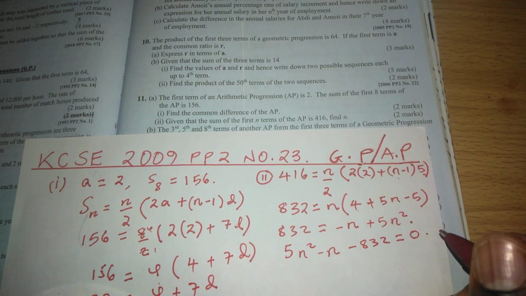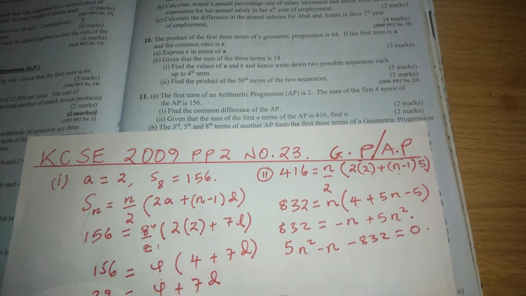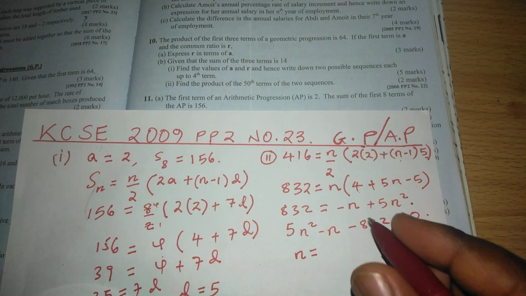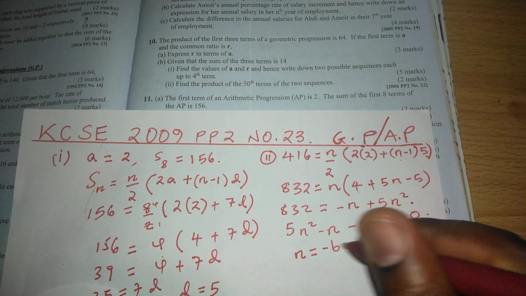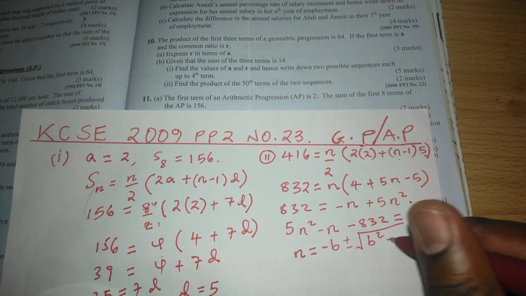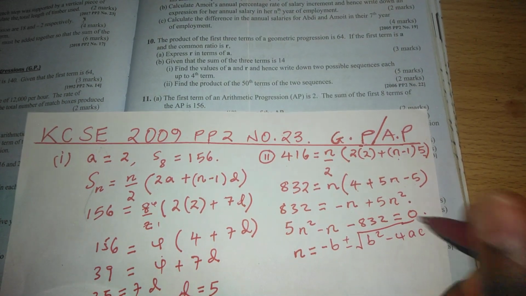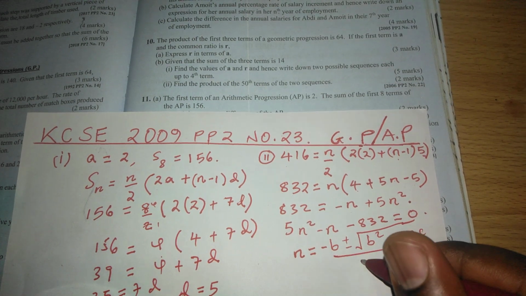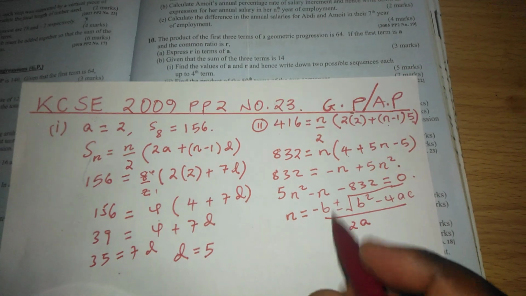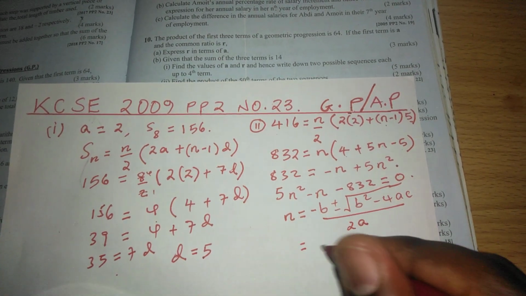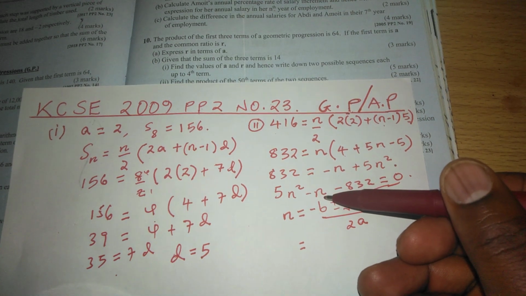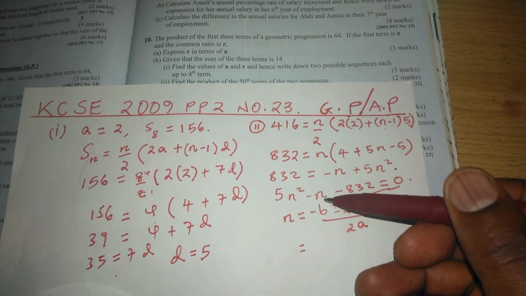These are quadratic equations which can be solved by the quadratic formula, which says, because the unknown is n, n is provided by negative b plus or minus the square root of b squared minus 4ac, divided by 2 times a, such that we can have n being given by the coefficient of n, which is what we call b, and it is a negative 1. So negative